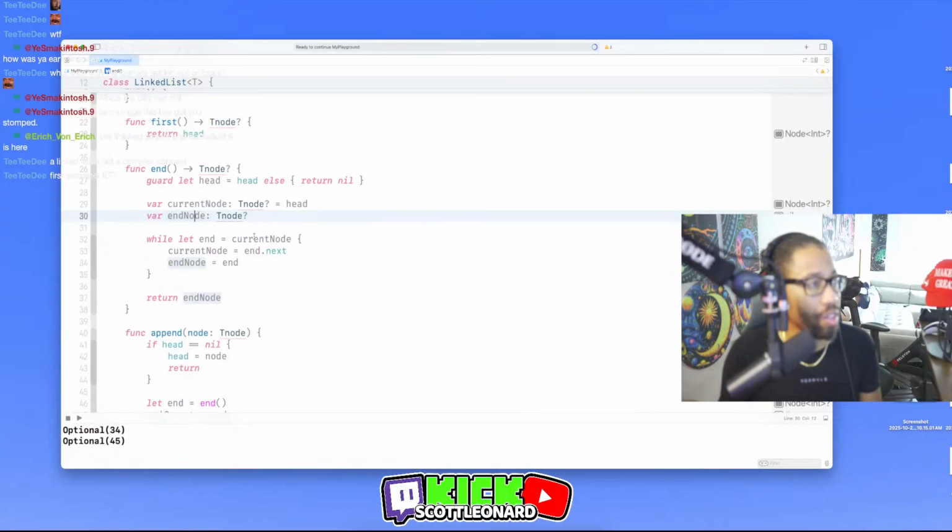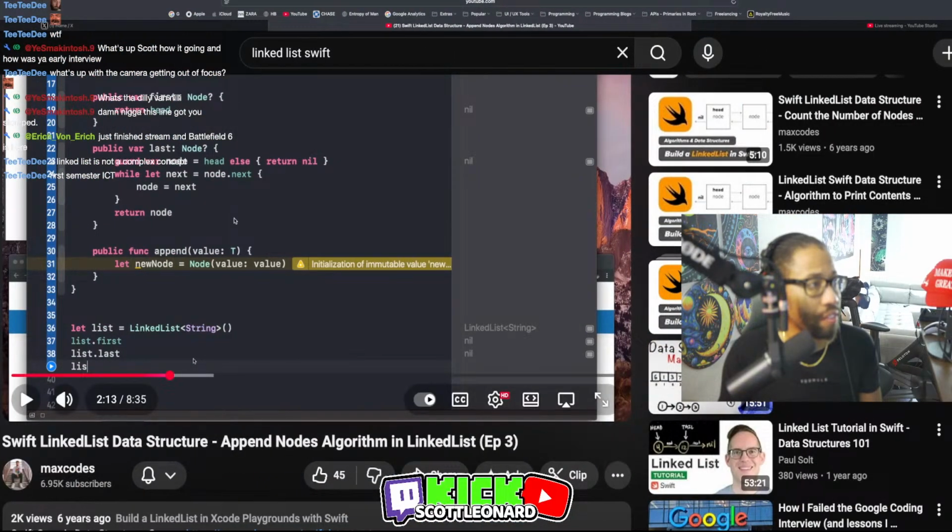Then I did current node, end, whereas he did node.next up here. Node.next is not going to be nil. And then next equals node.